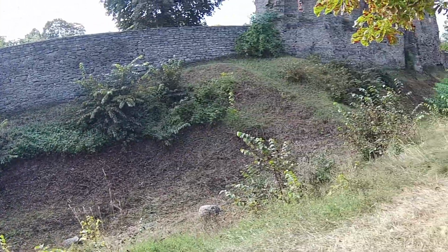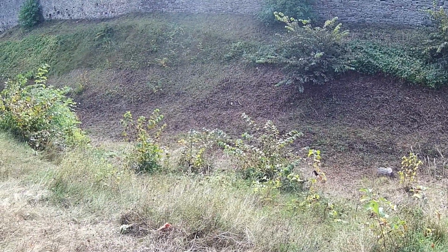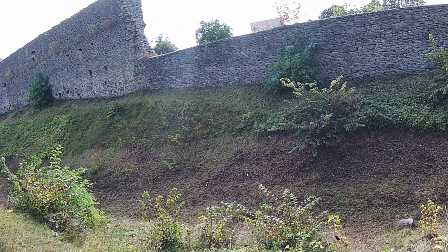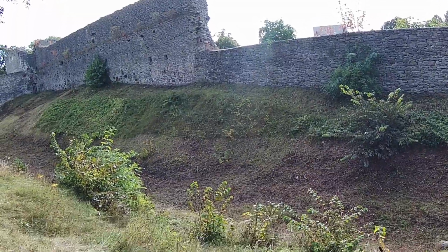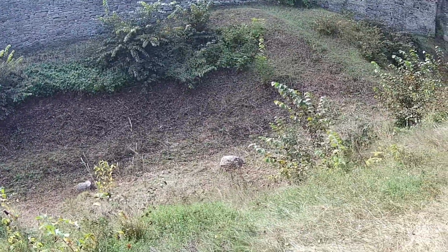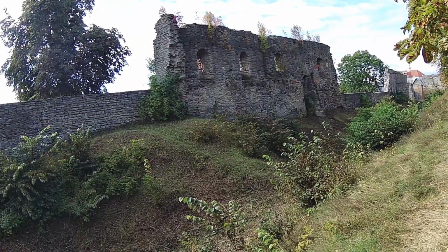Here we can see the inside wall. Inside of the wall, another sharp descent, much sharper than on the outside actually. So if you made it over the moat, if you could get over the wall, you've got one heck of an incline to come down before then coming up, by which time you'll be met with more opposition, with spears and